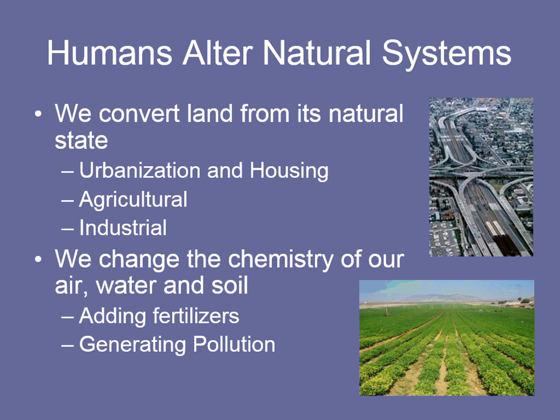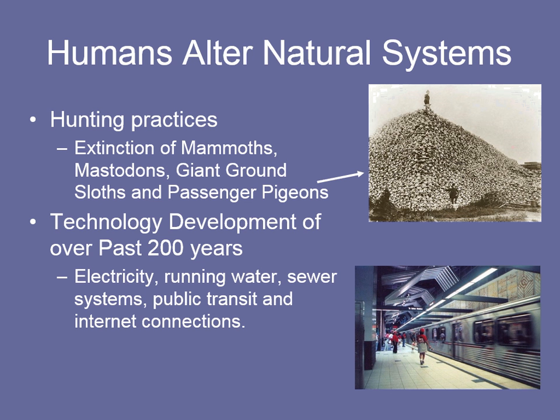So how do we affect the environment? We literally change the landscape, from building cities to removing mountains. We remove forests to plant crops, which can lead to soil erosion and create pollution. Over the years, we've hunted species or displaced them to the point of leading to their extinction. Here is an example of this picture of passenger pigeons. They were hunted to extinction back in the early 1900s, late 1800s.